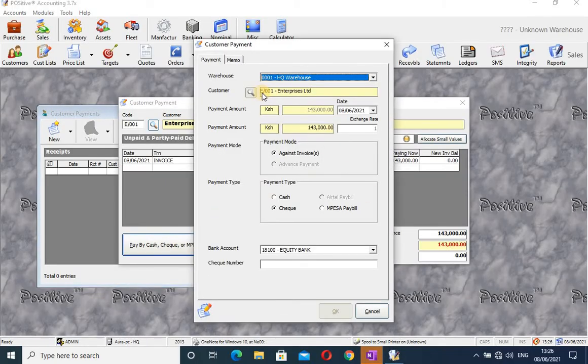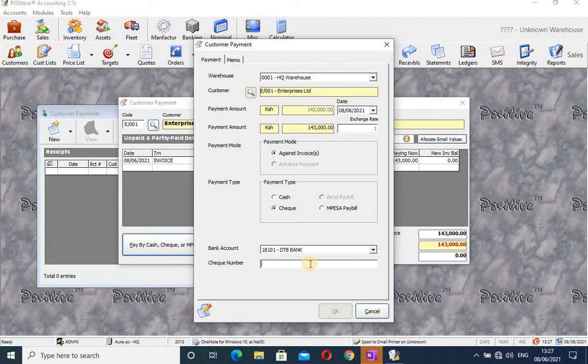Yeah, so there it is. So you can indicate there. If he's paying by cash, you just indicate the dot there. If he's paying by check, you indicate this dot here. If he's paying by check, you can see when you indicate the dot, you have to select the bank here,